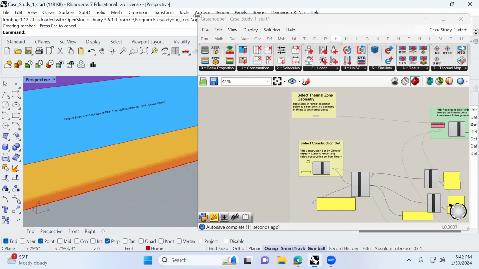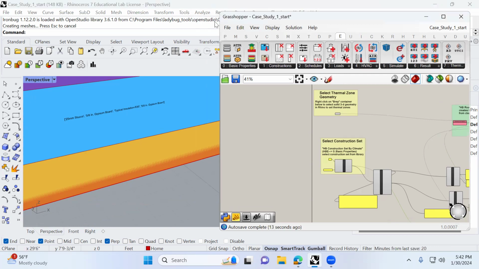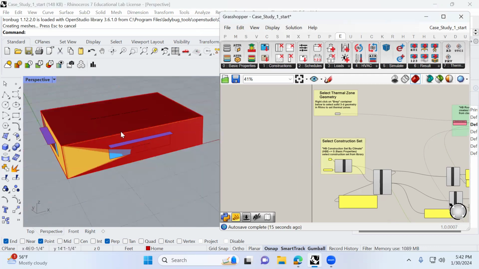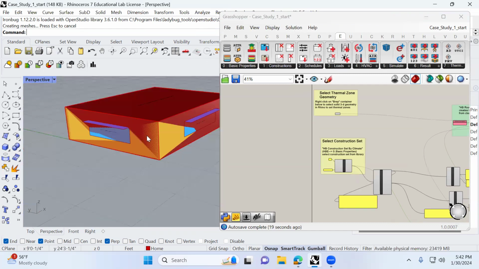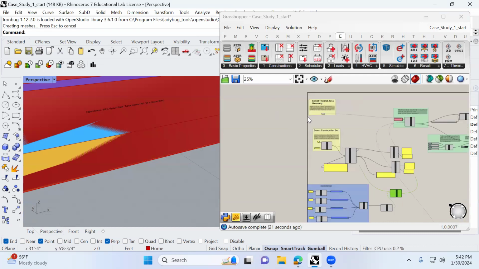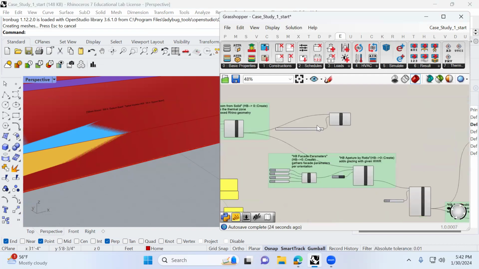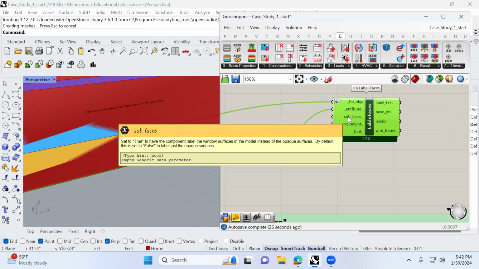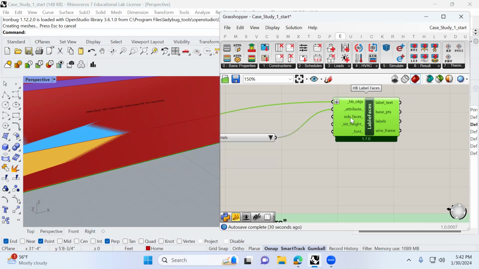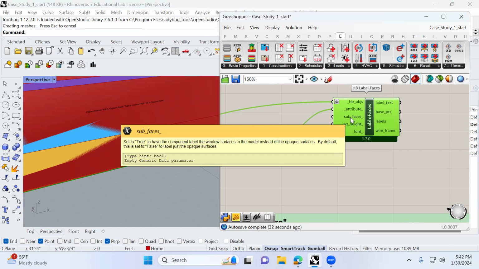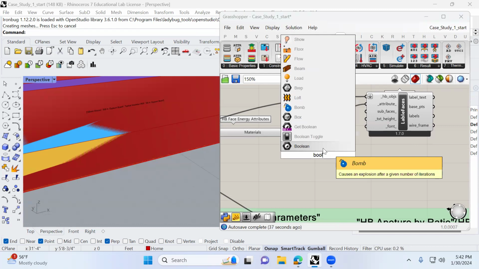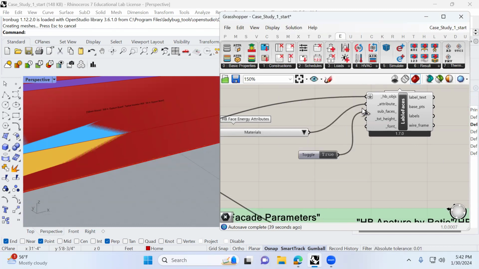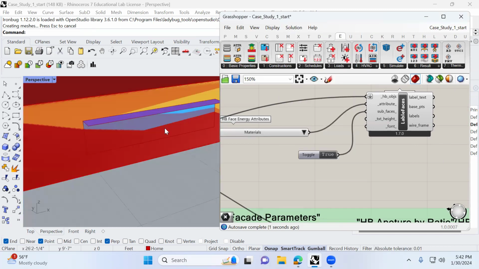So if you wanted to model thermal mass, is that on the glass right now? It's showing kind of in the middle. Gotcha. Yeah, it's just showing in the middle. You could visualize the construction of the glass. That's a good point, by coming over here. Right now this subfaces input for this label faces component is set to false, but you can set it to true to label the glass. So if you use a Boolean toggle and set this to true, then you can label the glass,